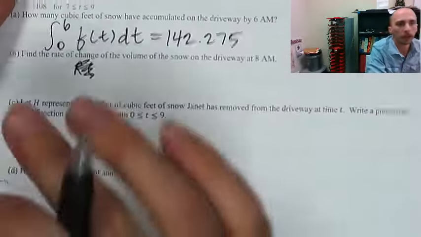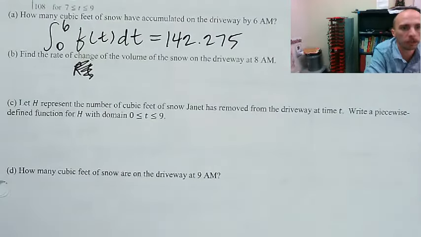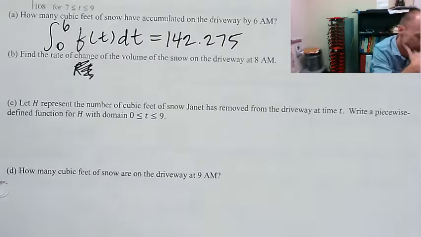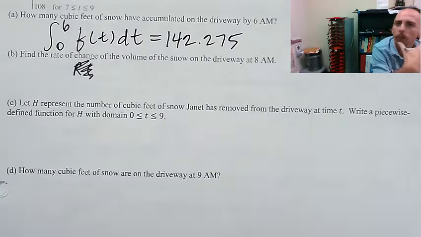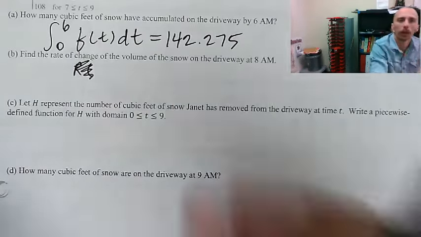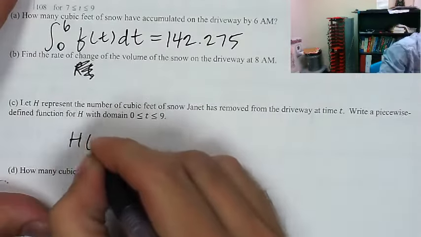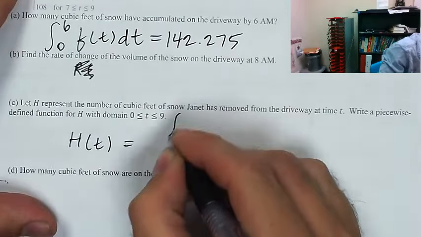So let h represent the number of cubic feet of snow Janet has removed from the driveway at time t. Write a piecewise defined function for h with domain 0 to 9. This one, I worked this problem in the lesson with a couple of the sections of my class. And this one, you just kind of have to be a little creative. I don't really know what else to say besides, okay, h of t is going to be, all right, the